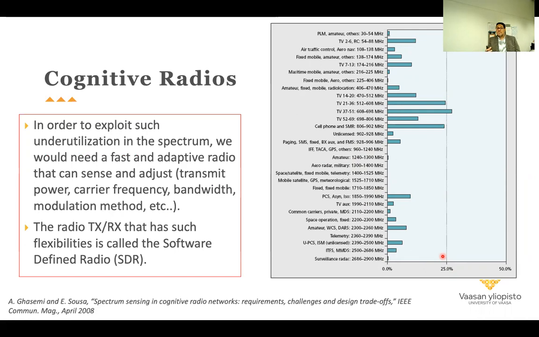So since we have such holes in the band, why don't we recycle them and use them, even if they are licensed to other users? As long as we guarantee that there is no harmful interference to the others, it would be possible to use these bands.